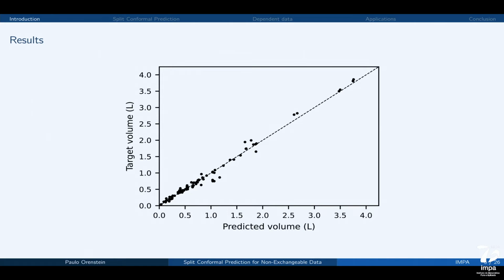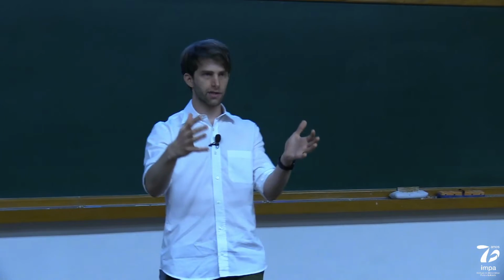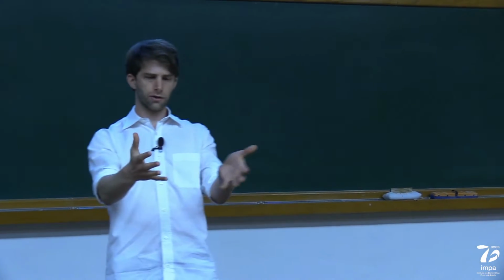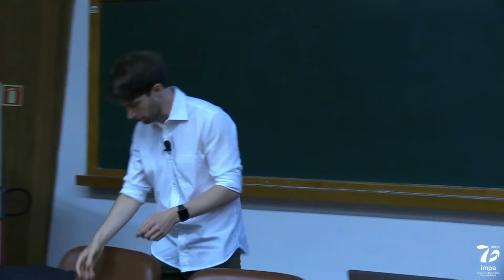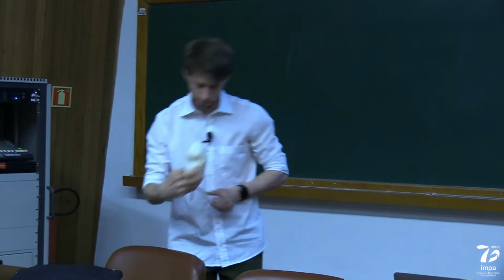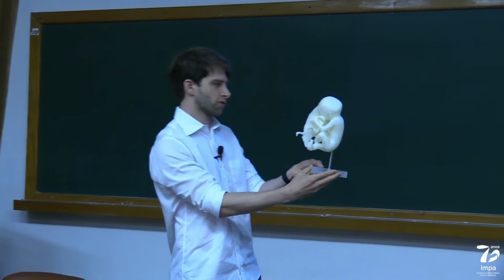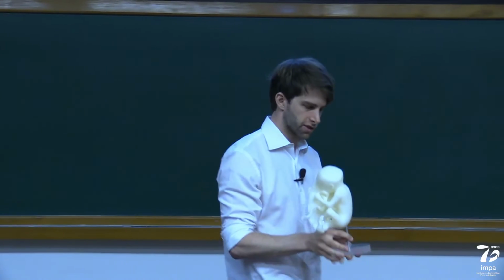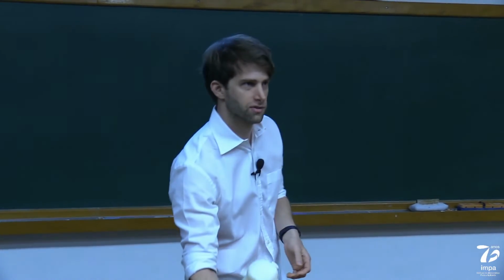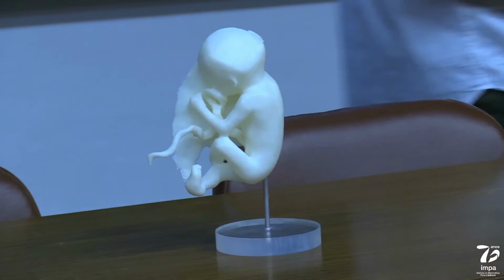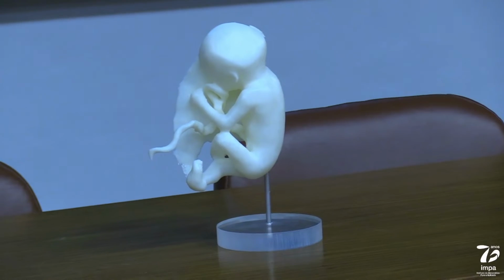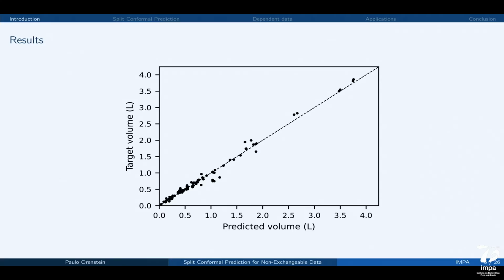It looks pretty good to the extent that you could wonder, well, maybe you could do what I showed you in the first video, right? You just get the image and you subtract away what the fluid is, and you should have the fetus left. And in fact, I'm lucky enough to have Jorge, my colleague at Centropy, who was kind enough to actually do this. So he actually printed, so this is a 3D printing of what's left of the womb once we remove our predictions for the amniotic fluid. So this looks like a baby, right? I mean, or it looks to me, I don't know. So it's sort of like case closed, right? We can do this fast and do it well.